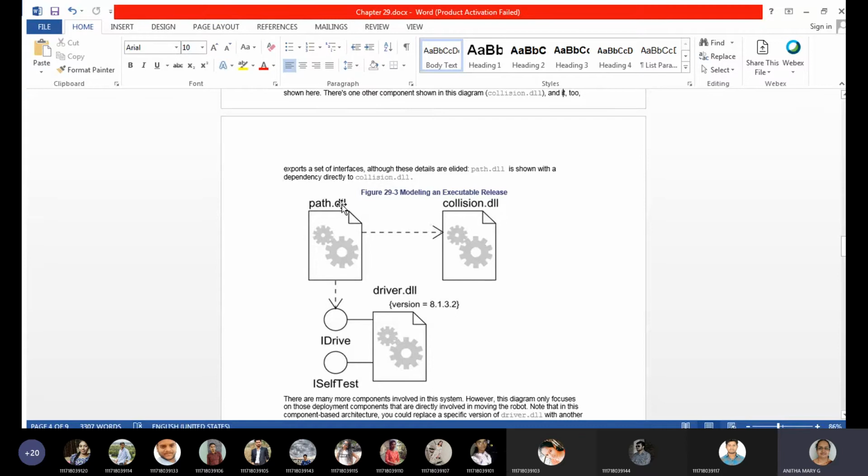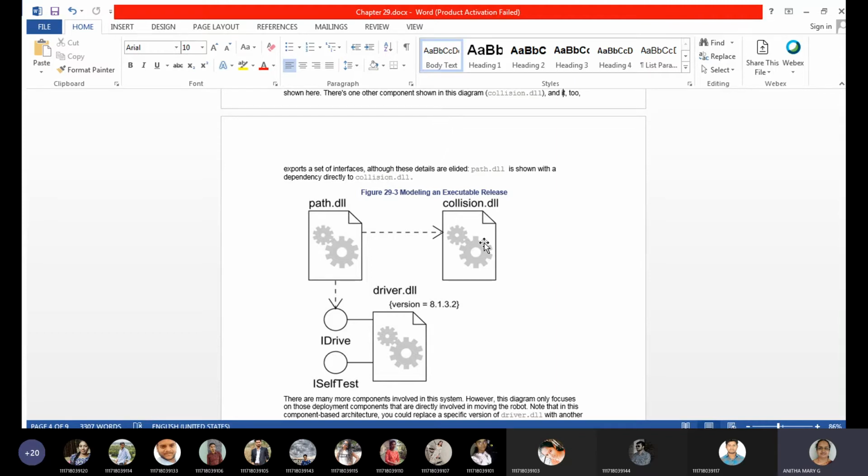Here they are checking whether the .dll motor connected for the path sensors is working properly or not. That is the deployment, the execution of one component. This depends on collision.dll. In order to take one path and a step forward, using sensors it checks whether an obstacle is there or not.